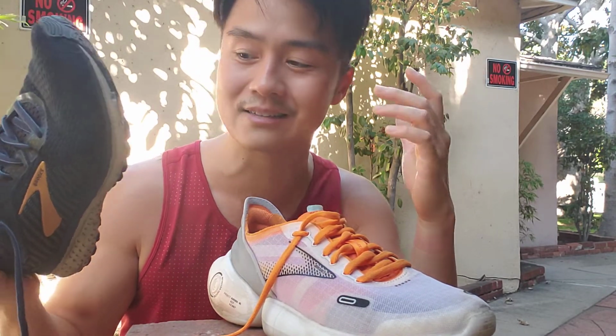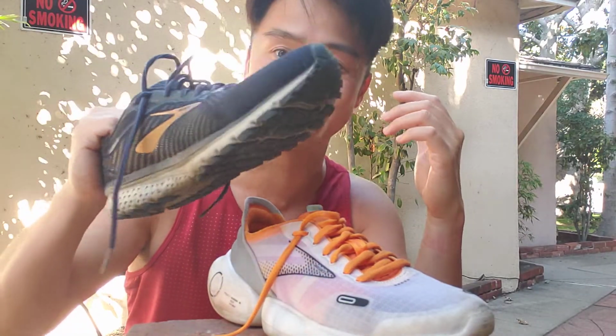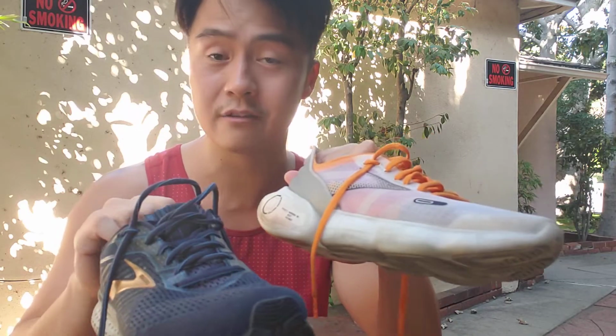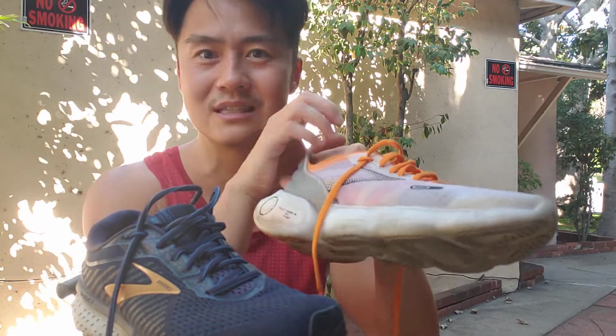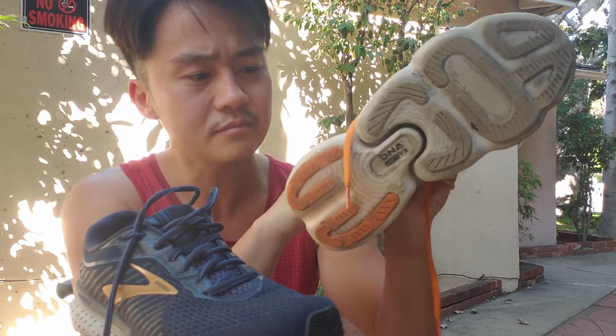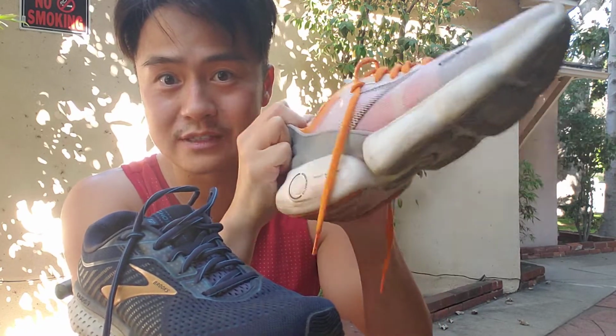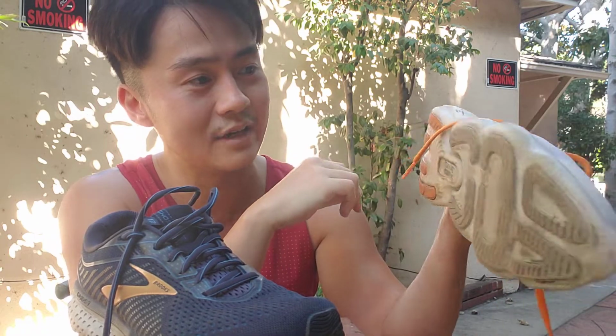That part of it, that design element, blew my mind when I first started running in these Ghost 12s. Hopefully they kept them in the later Ghosts. I haven't gotten the 14, or I think they're maybe even up to 16 now. But as far as the Aurora BL goes, as far as this review goes, I can't give it a super fair evaluation,